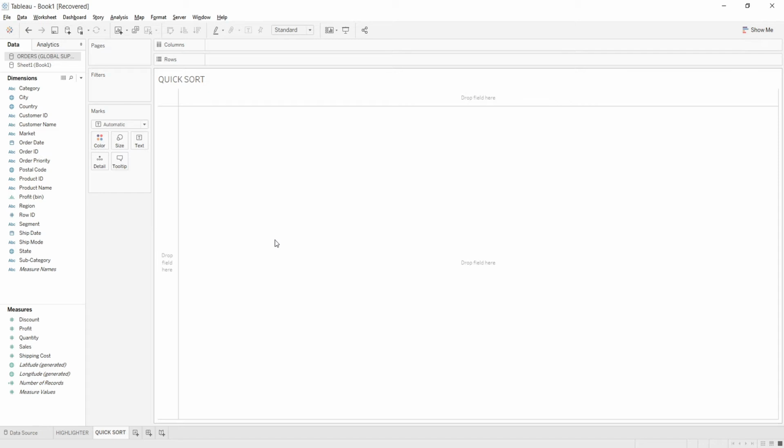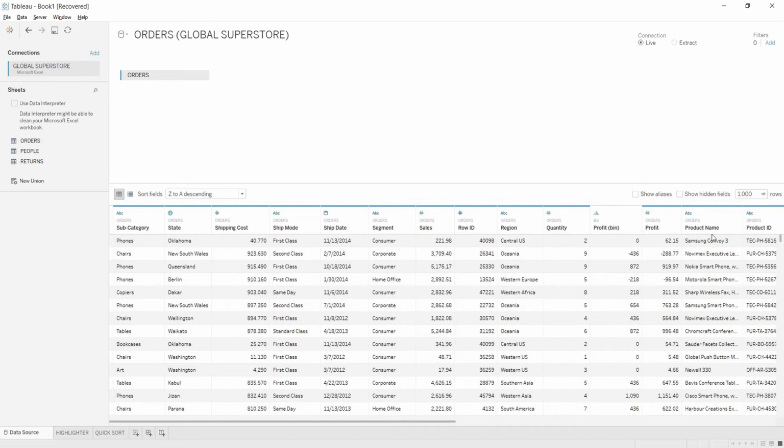When the sorting is being done on the data source panel, it is basically called ordering. Whereas when sorting is done on the data visualization panel, it is called sorting. So first of all, we'll be focusing on ordering, and then we'll start with sorting on the data visualization panel in this video. Now when I click back to the data source, we get the data source panel.